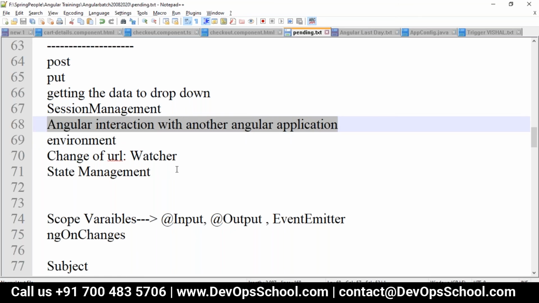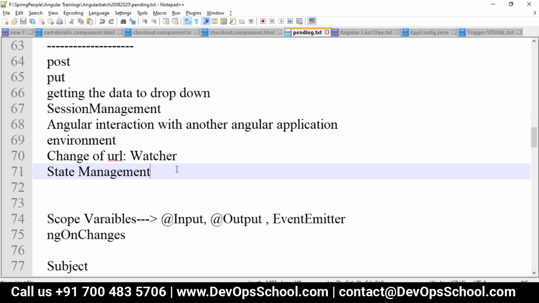So you can walk through it, and if you have any doubts or anything, you can ping me anytime on WhatsApp because you already have my number, right? Sure. Anytime. Thank you.